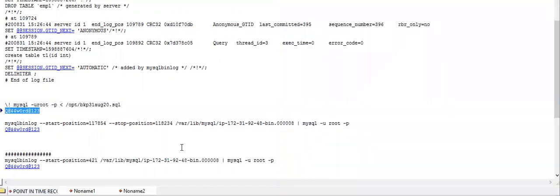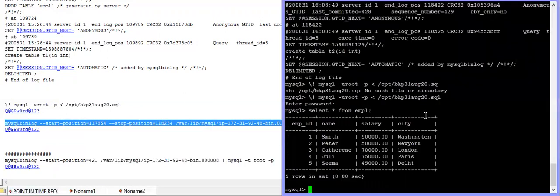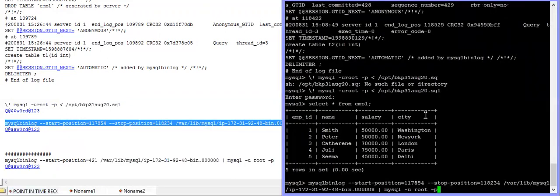Now I will run this command. This is the start position of your backup file, and this is the stop position, before you drop the table. So let me do this.